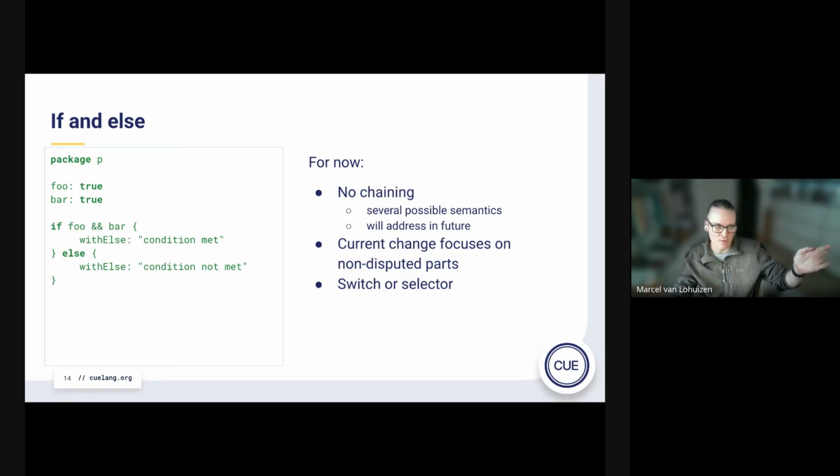If you have a bunch of ifs, it's not a nested expression, it's just a sequence of comprehension clauses. And then the last curly brace in a comprehension is a separate thing. So the if clause in a comprehension is just if condition. It doesn't have a body. For if then else, you would need a body, and it doesn't have one. So you will have to introduce a new type of if within Q in order to implement this. And then to the user, you wouldn't really see the difference, but it is a different implementation. So that's the thing.